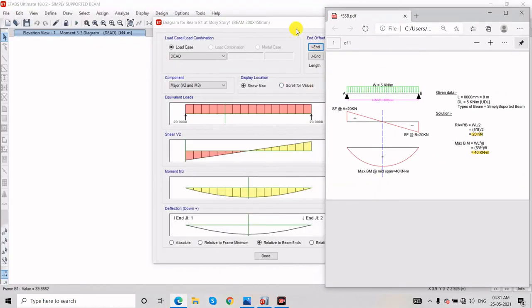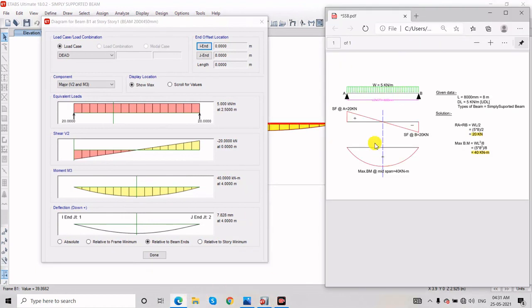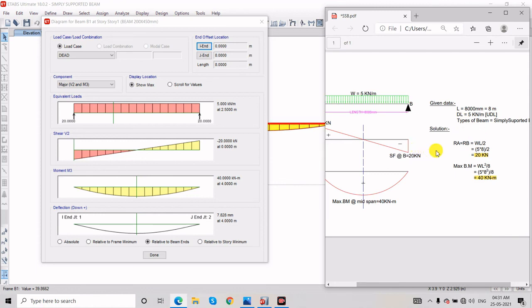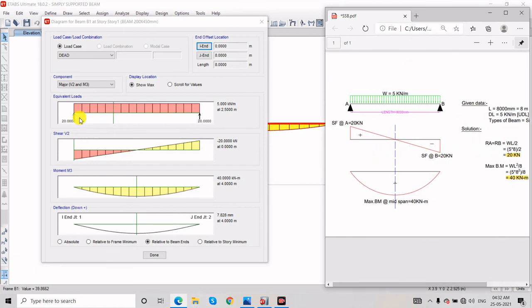So you can see the reaction is how much, 20 kilonewton. The load is 5 kilonewton per meter. The reaction is 20 kilonewton. So here also you can see the reaction is 20 kilonewton, and the shear force is 20 kilonewton.